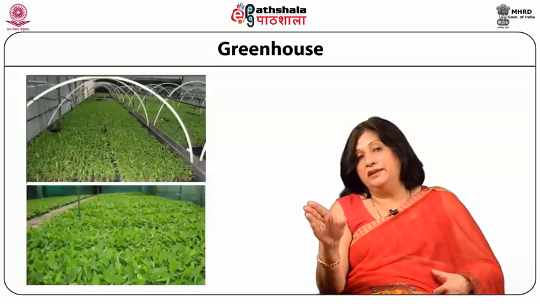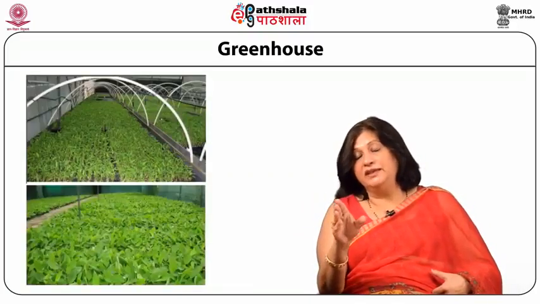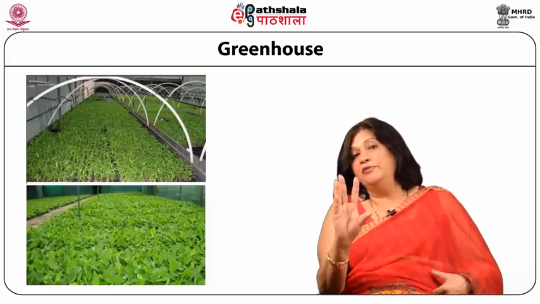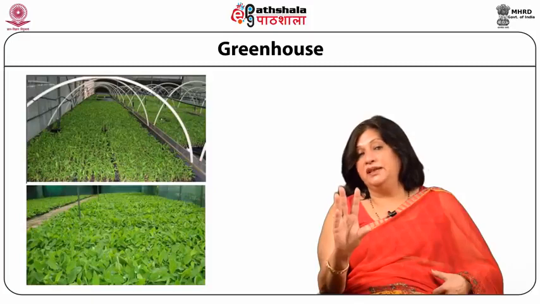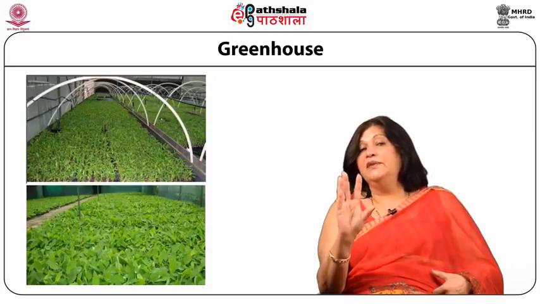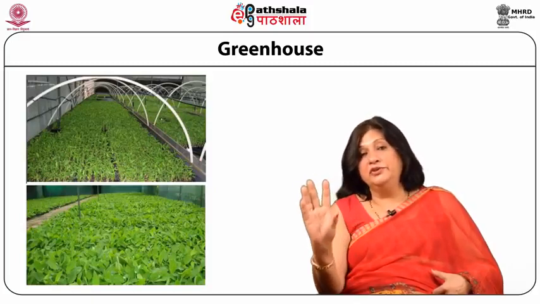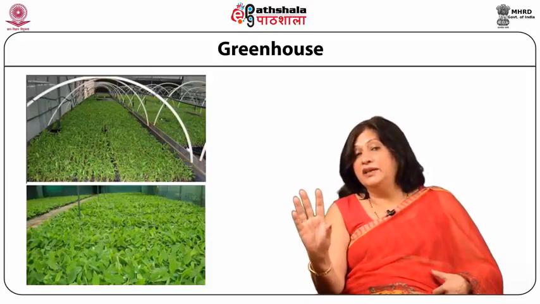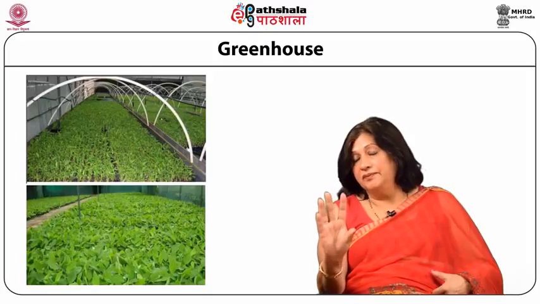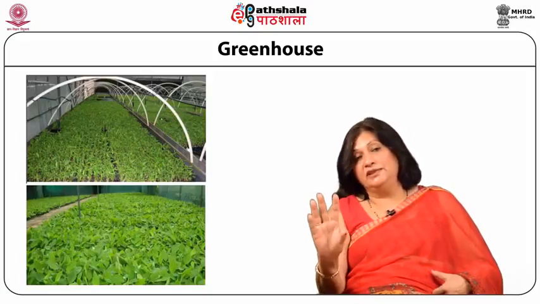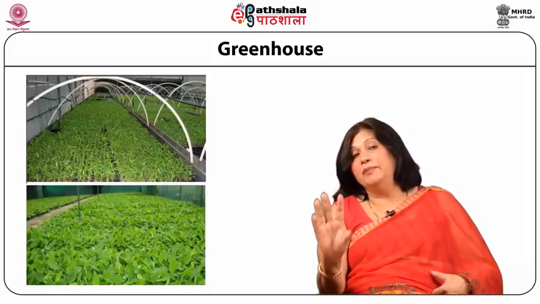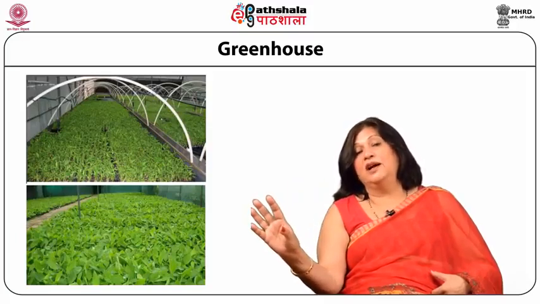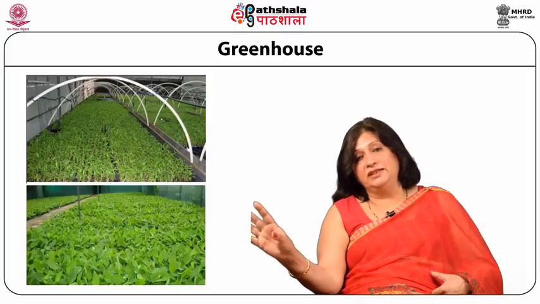So what we do in the greenhouse, and of course you will realize yourself, is that these plants all through have been grown under high humidity conditions. They were given artificial nutrients and the light was adequate for their growth. So nothing was in excess. So it is something like an over-pampered baby. So this baby now has to adjust to the outside natural conditions.